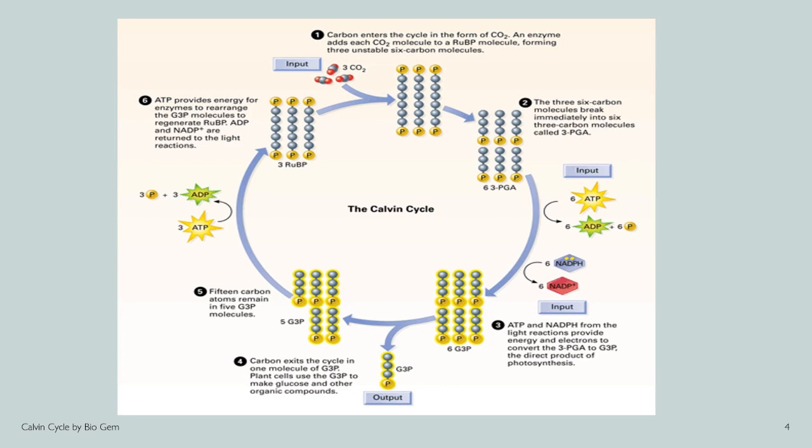So what is happening here is when ATP is broken down into ADP, six phosphate groups are released. These six phosphate groups are combined with the PGA to form six molecules of G3P. Always remember that six phosphate groups are joined with PGA to form G3P. And what happens when NADPH is converted to NADP? Hydrogen is released. Always remember that six hydrogens are released because six molecules of NADPH are converted to NADP,